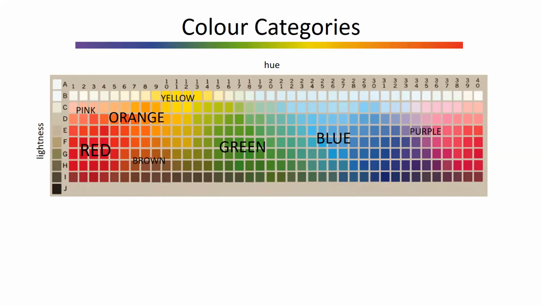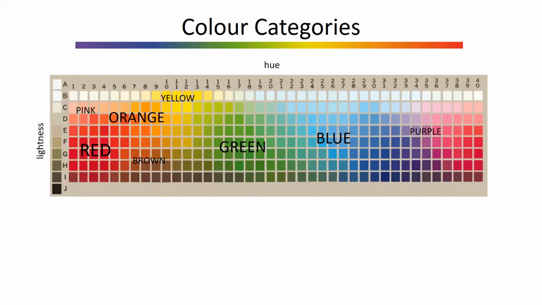And if we now put color categories onto this system of hues with different lightnesses, you can see that actually certain parts of this color space have a particular cognitive label associated with them. So for example, you can see that in the warm part of the spectrum, there are many categories, some lighter, some darker, such as yellow or brown. While in other parts like green or blue, there's a more general label applied to all of them.